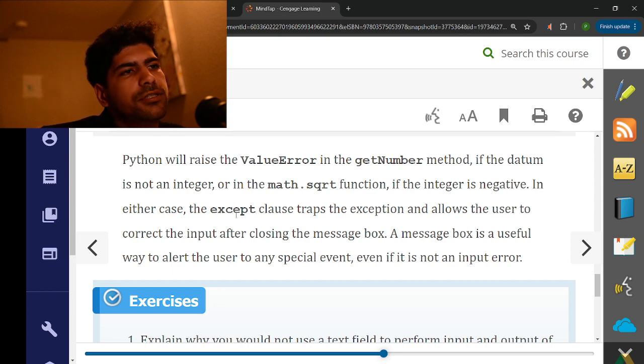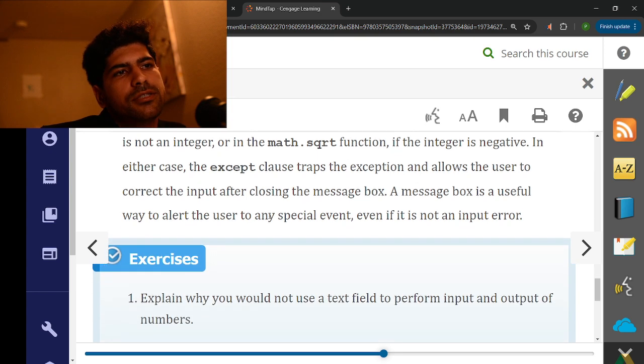In either case, the except clause traps the exception and allows the user to retry the input after closing the message box. A message box is a useful way to alert the user to any special event,